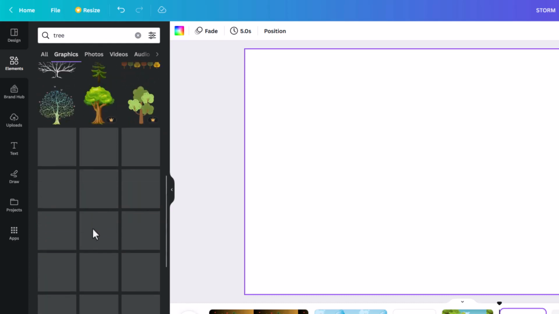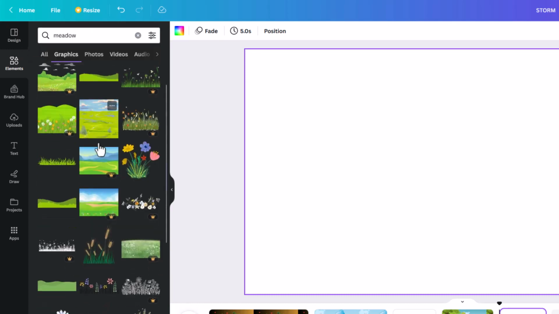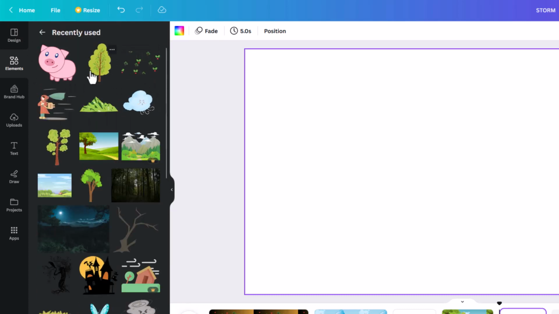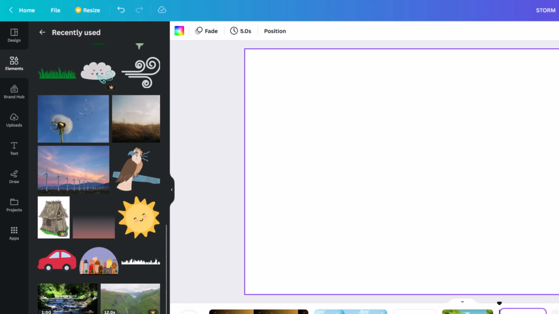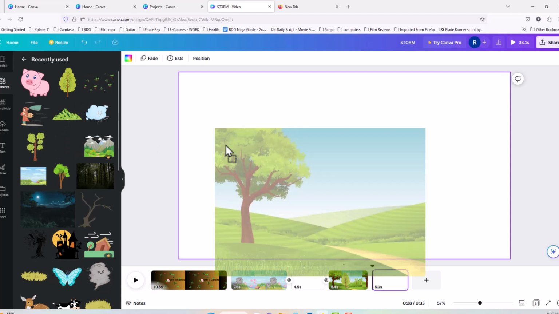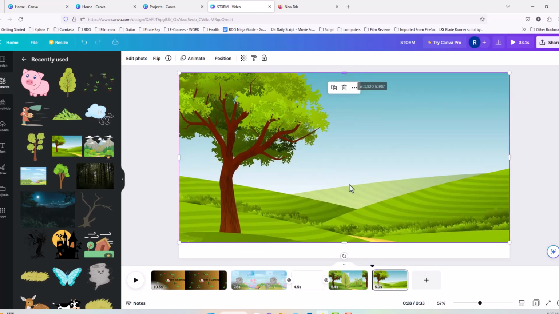If you want to pull up, let's say, a meadow or clouds, let's go to my recently used, and as you can see, I found ones that are animated. For instance, this cloud here, and this moving tree, this butterfly, moving grass. So let's go ahead and create our background. I'll go ahead and drag this onto our canvas, and I'll just realign it so I can get the entire